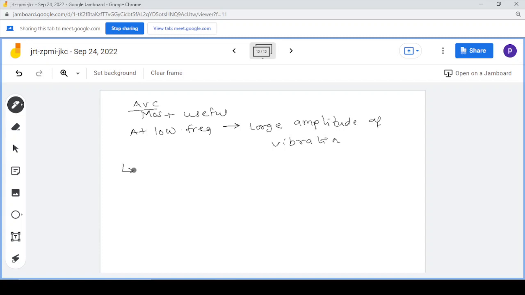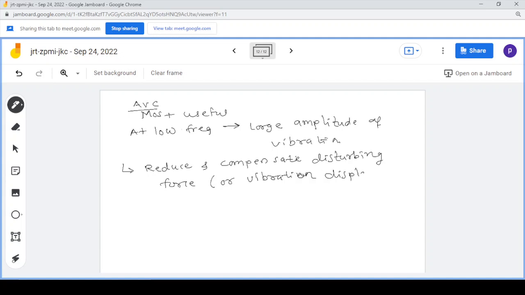What do they do? These systems reduce and compensate the disturbing force. Since the disturbing force produces displacement, we can also say that they reduce the vibration displacement, or the amplitude of the vibration is reduced,